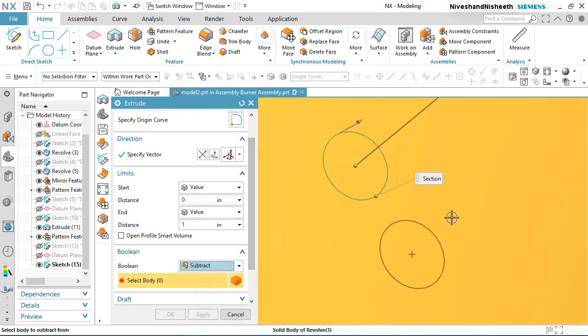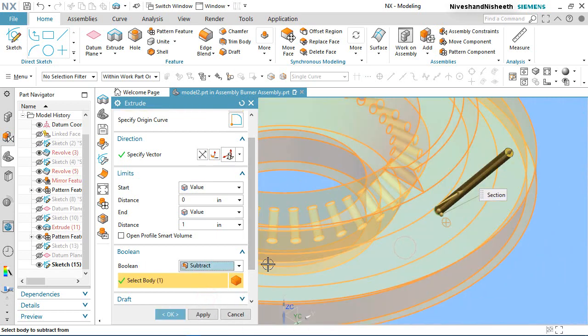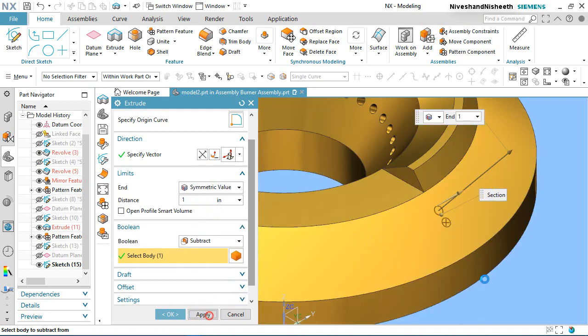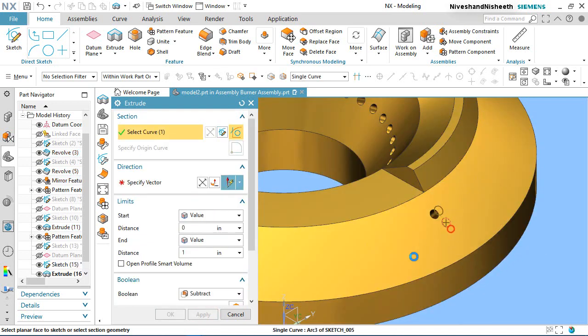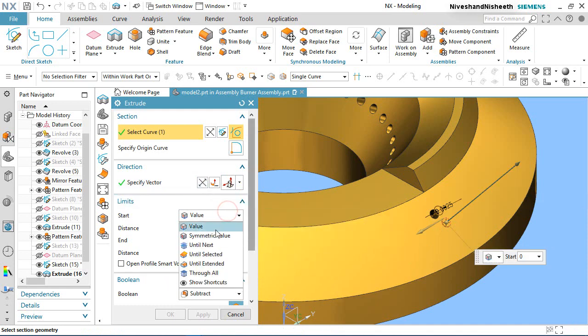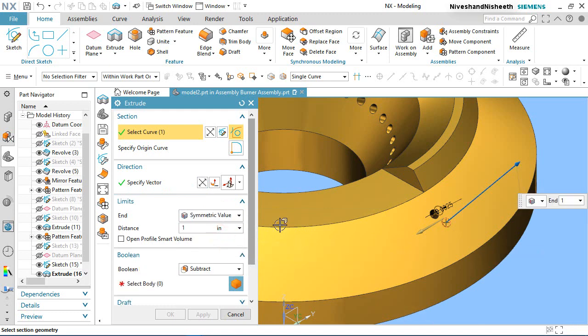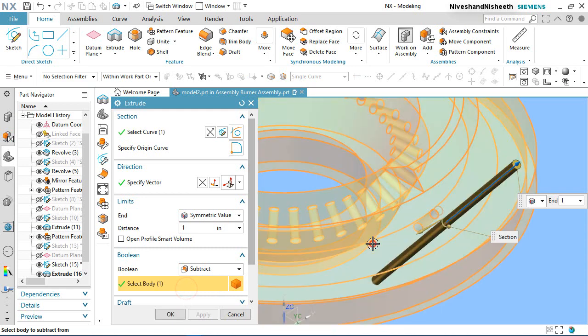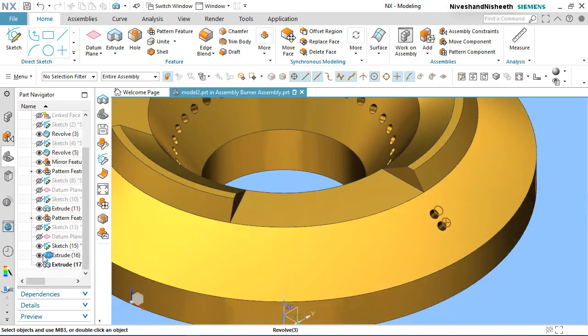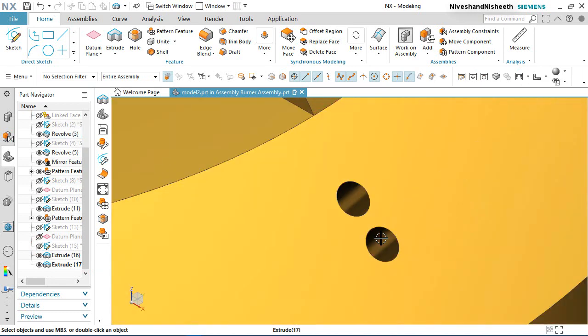Choose subtract option. Select this feature. Choose symmetric value. Click OK. Select the second circle, same symmetric value. Click this body. OK. Now my two extruded features will be created.